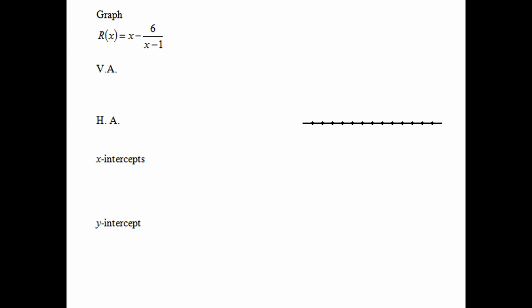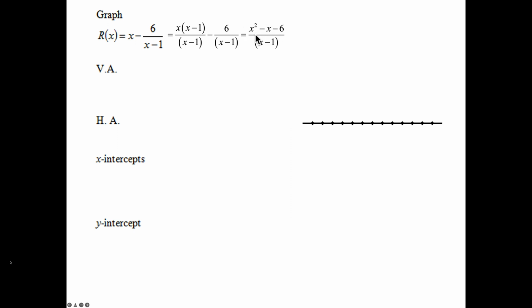All right, let's look at some other examples of rational function graphing. Here, starting out with this example, you'll notice that we do not have a true rational function. We have two terms here, so we have to adjust this. To do that, we are going to multiply this x, top and bottom, by x minus 1, this existing denominator. So there's my two terms. We distribute the x, which gives me x squared minus x, and then we'll subtract the 6. And now this is my true rational function right here